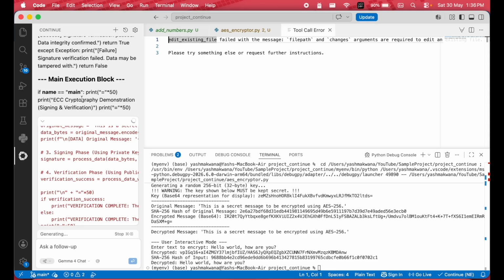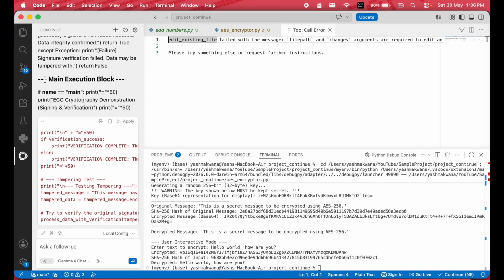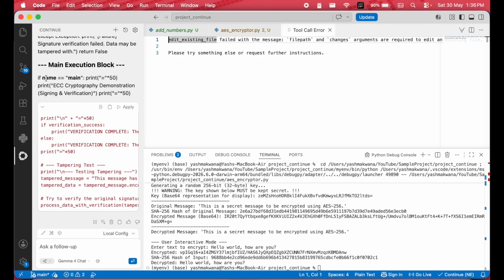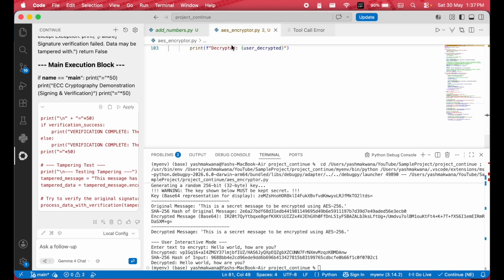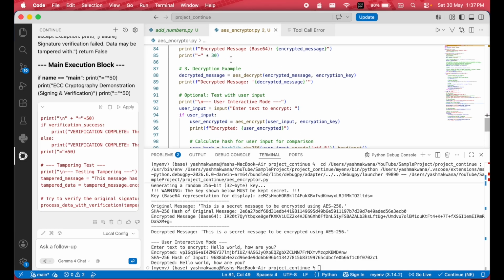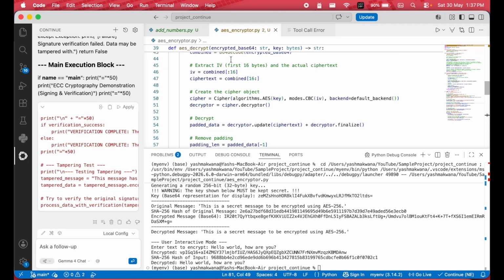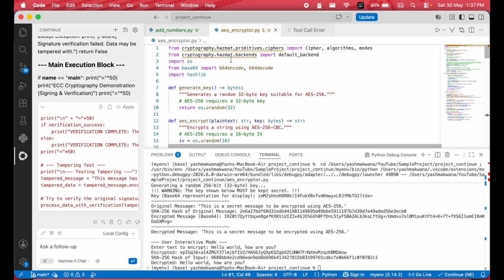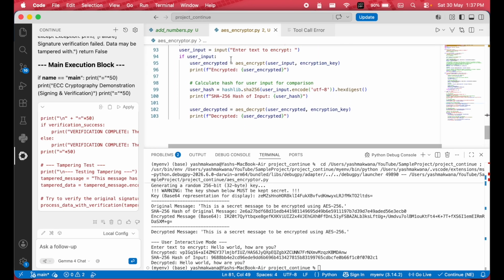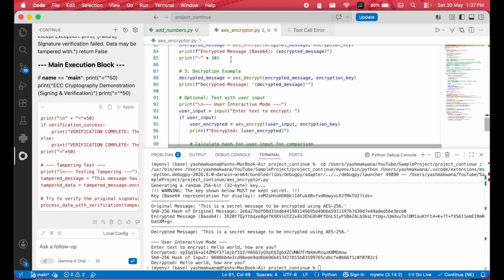I think we have given it a very difficult task for now, because improving a program and adding more functionality is a little bit difficult for it. And if we look at the aesencryptor.py file, sorry, my program,